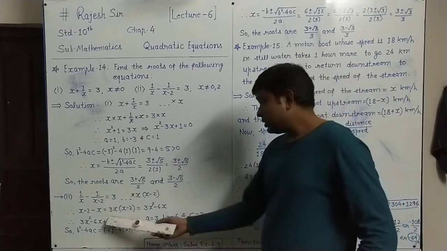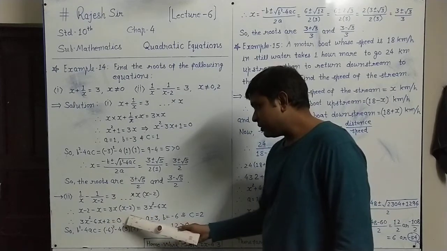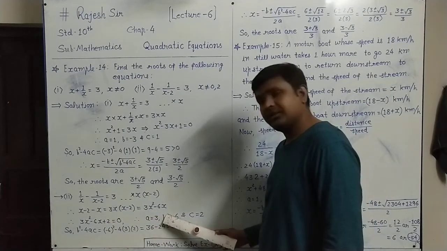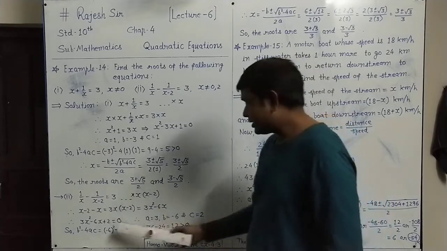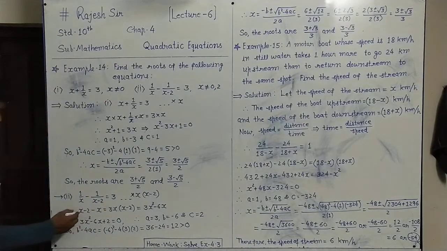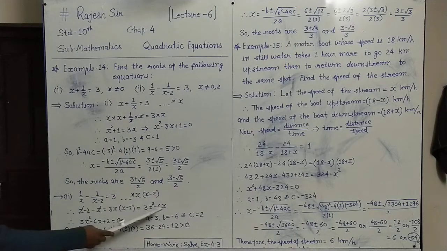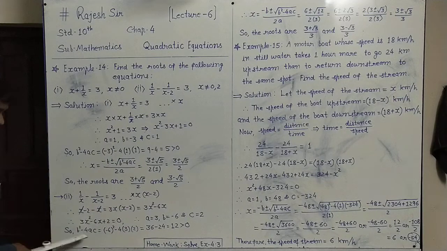Now simplify this part only. 3x into x will give 3x square, minus 3x into 2 gives 6x. Now 3x square minus 6x as it is here we have on the right. On the left side, plus x minus 2 minus x. Plus x minus x we can cancel. And this minus 2, if I take on the right, it will be plus 2 and equal to on the left we will have 0. So finally the simplification of this whole is 3x square minus 6x plus 2 equal to 0. Now this is again the quadratic equation.